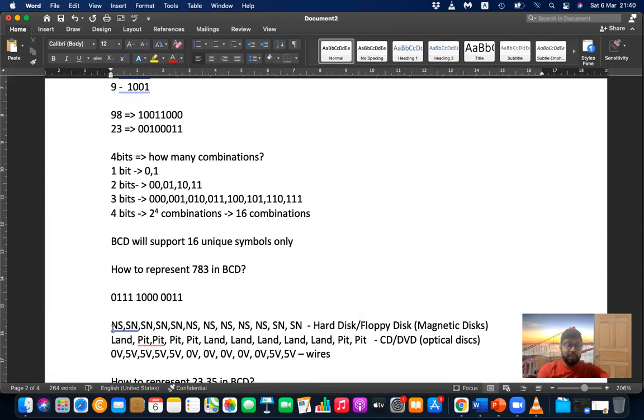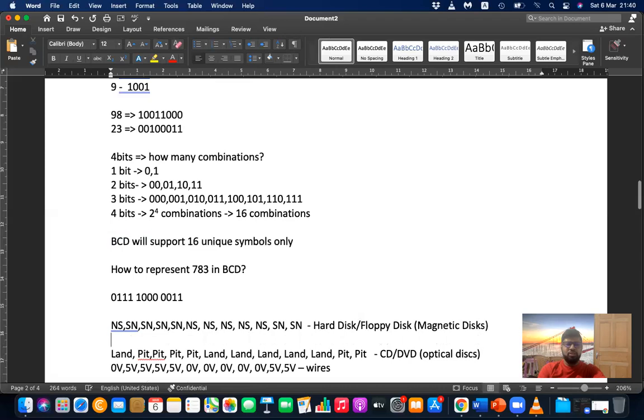In the hard disk magnetization, with different magnetic particles, 0 can be represented using north and south, and 1 is the other way, south and north. Likewise, it is then transferred to the hard disk. That's why this representation is very, very useful. The binary representation is useful because it can be easily transferred to magnetic disks and to optical disks.